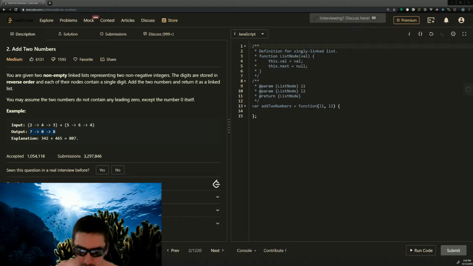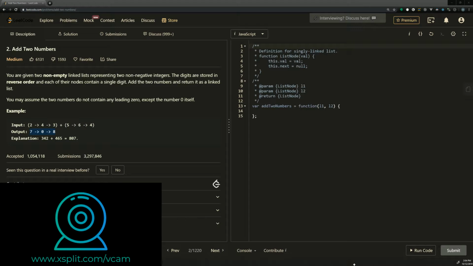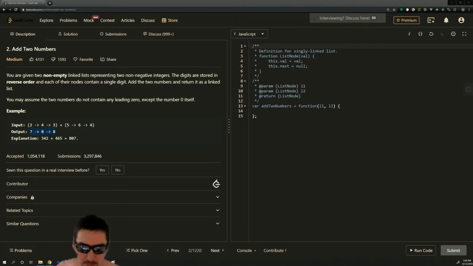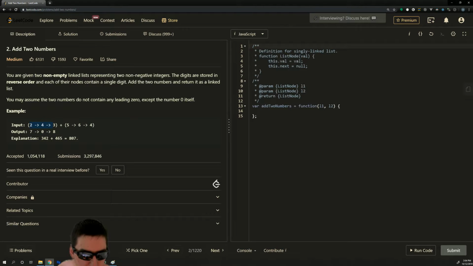So 243, as you can see here, this is backwards because it's actually the number 342. And 564 is really 465. So they're trying to ask us what 342 plus 465 is, and they want the answer also in reverse order as 708. So one thing we can note is that the order is the same both in the solution and